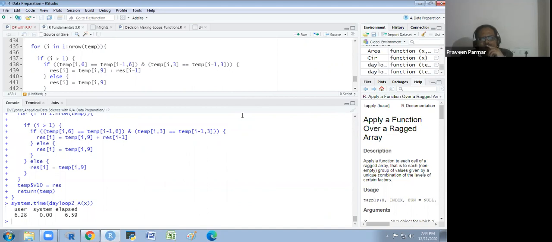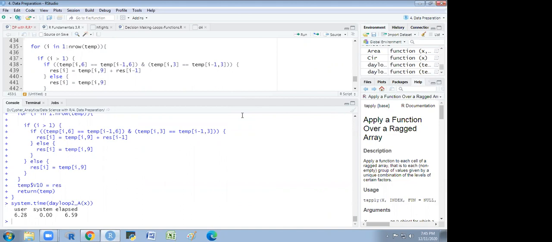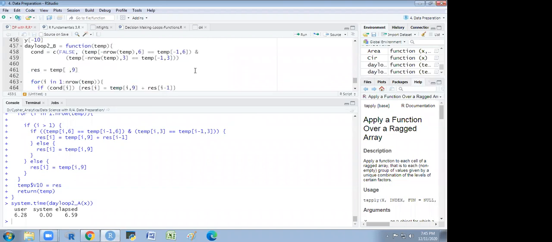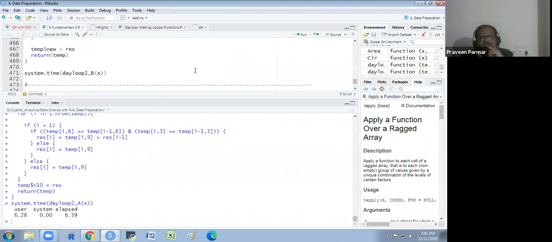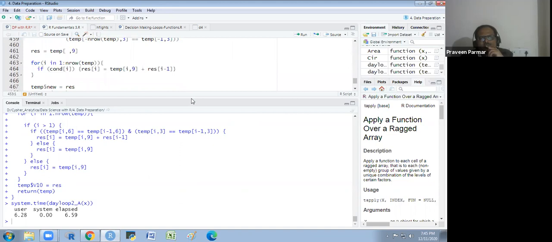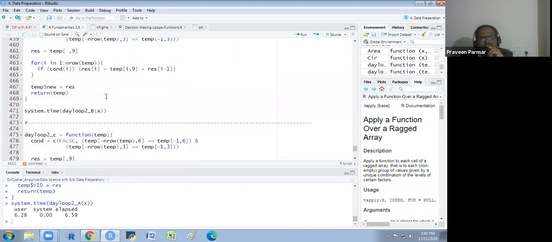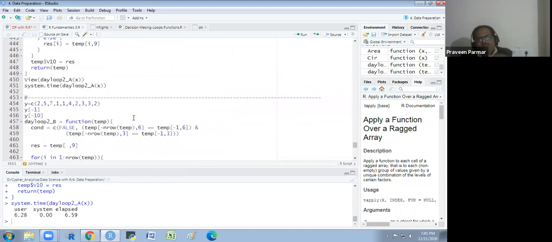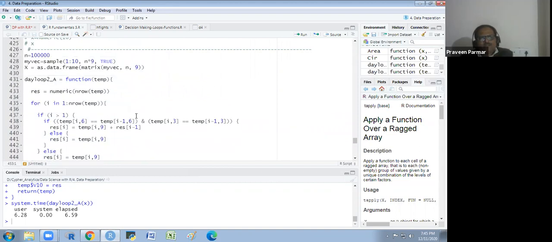You see what is the time now? 6 second, 0 second, 6.5759 second. These are the few techniques we apply there, or we could reduce the time. But what happened? I run in this way. I have not run it completely. I will run again. Then you could see is better way.